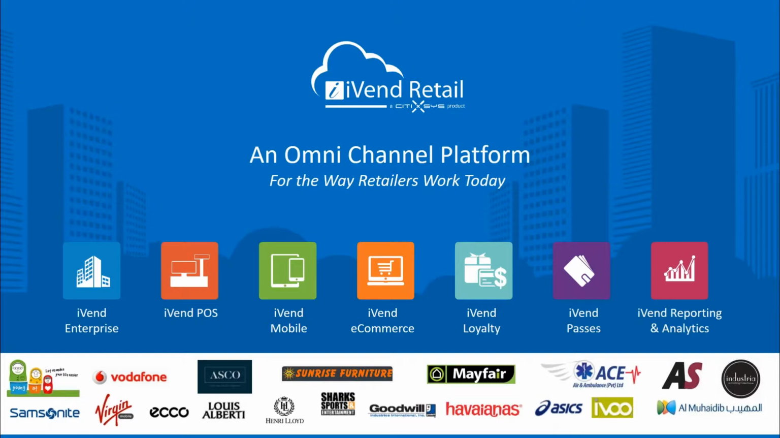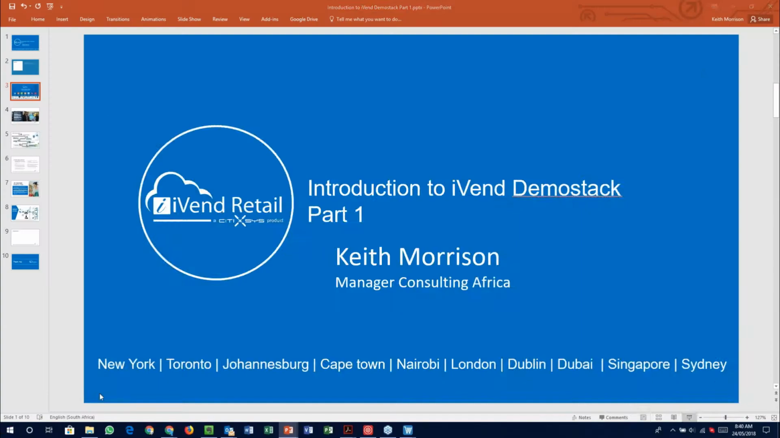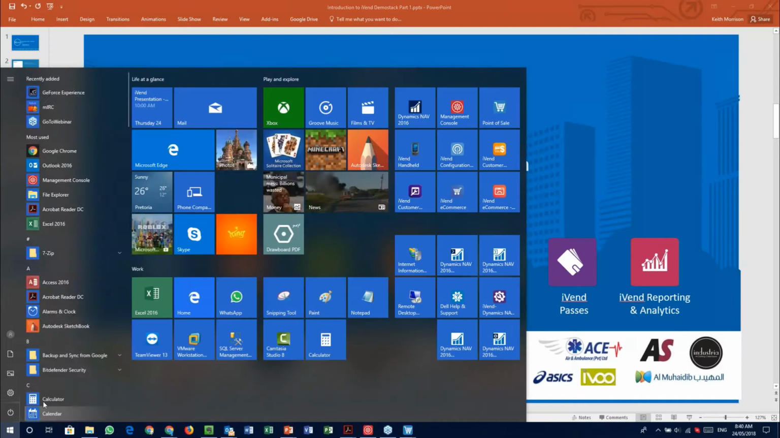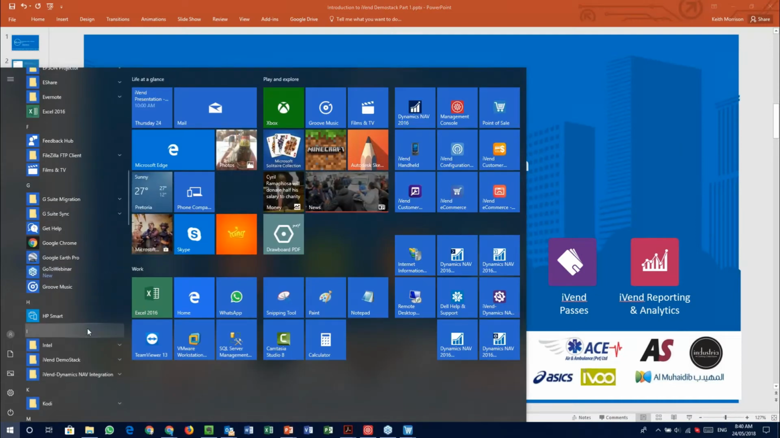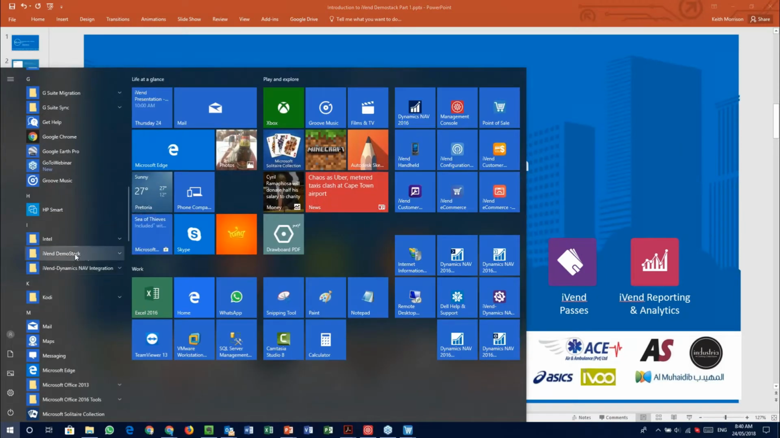So, what is demostack? Well, to be very certain, a demostack is basically the entire iVend setup over here. Now, it is actually not just the iVend setup over here. It's actually a bit more. And this is normally where people get a bit confused. So let me actually just show you. We go start, we scroll down to iVend demostack,